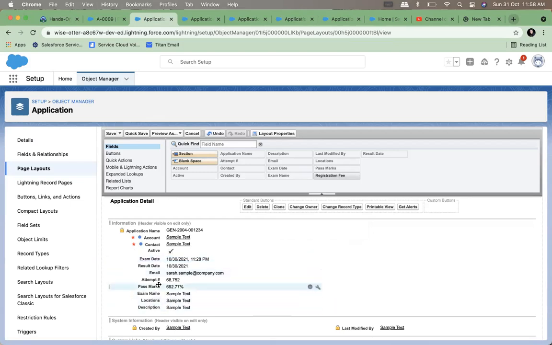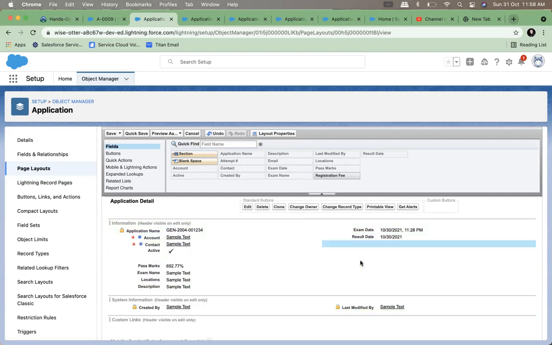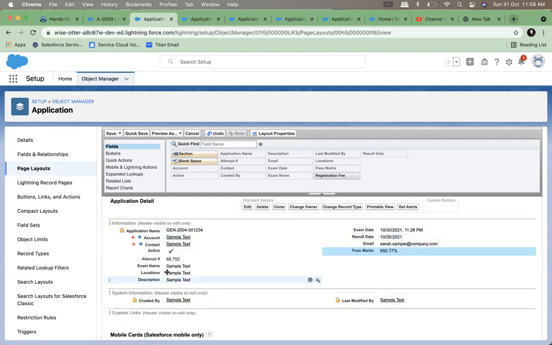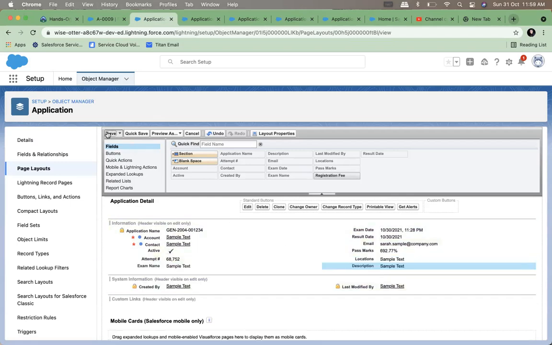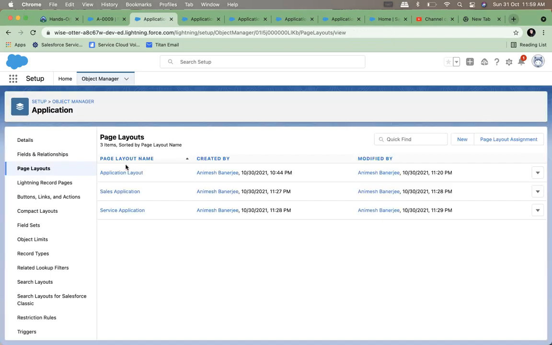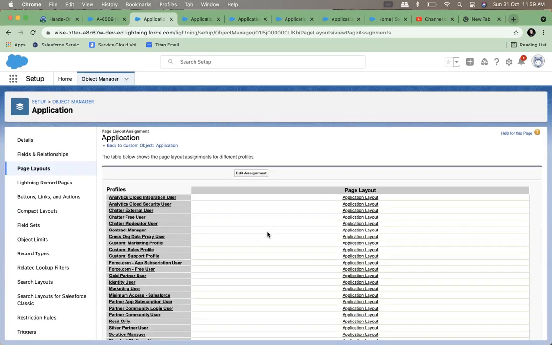Attempt should be there, pass marks is there. So maybe I will keep everything, but like here. Save. So I have now created 2 layouts and I can now assign them. Let's see how it looks.